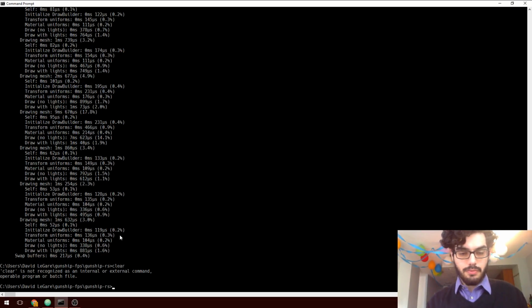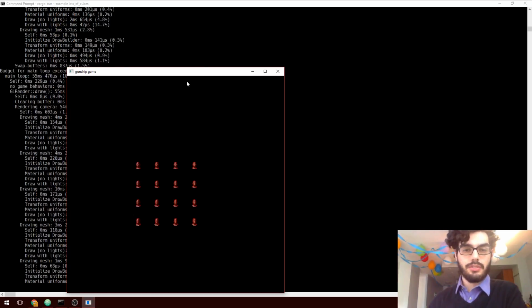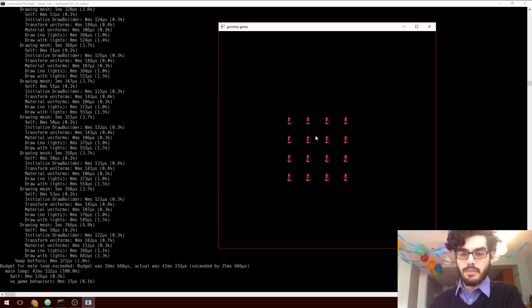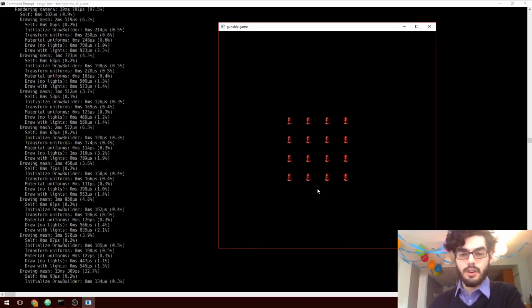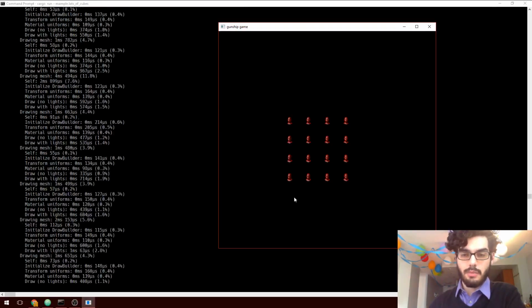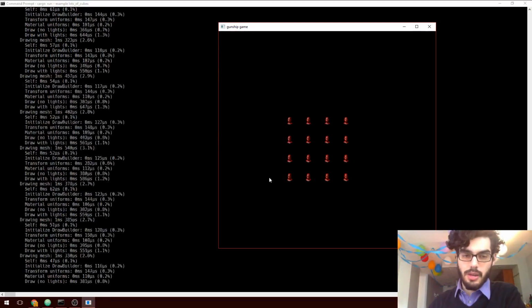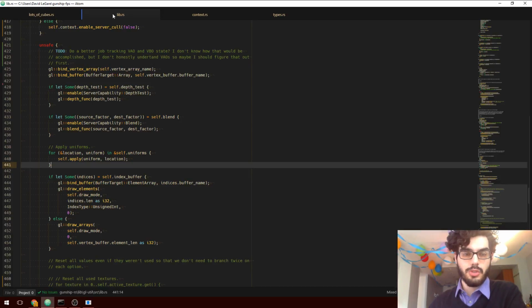So to show where I stand now, let's run this example. This is an example of my game engine running. The changes that I'm making aren't in the game engine itself. This is an example built on top of the game engine, basically the exact same way that you'd build a game. The game engine is in turn using my OpenGL renderer, which is in turn using this GLUtil